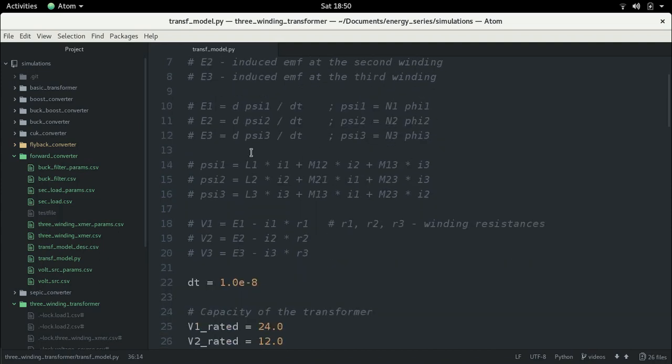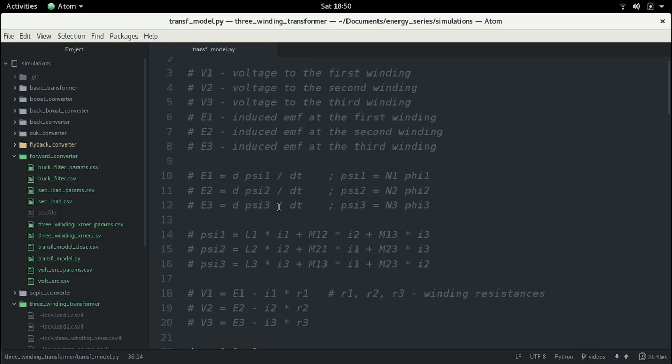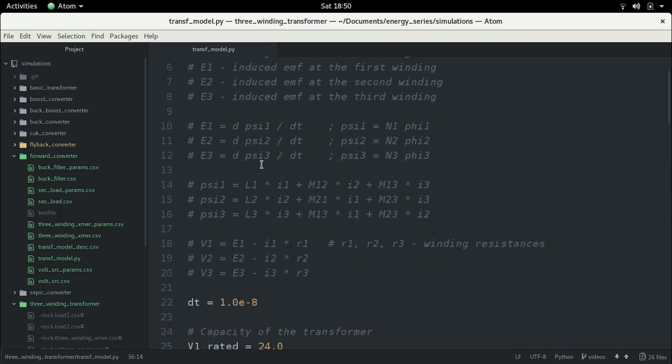So in many cases it's almost intuitive. We just have to add another third equation. For example, in the cases where we are just looking at basic laws such as Faraday's law or Kirchhoff's voltage law, we just have to add the third equation and change the subscripts. The only place where we have to actually make substantial changes is in the equations for the flux